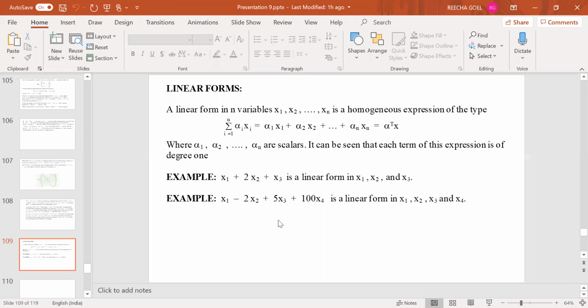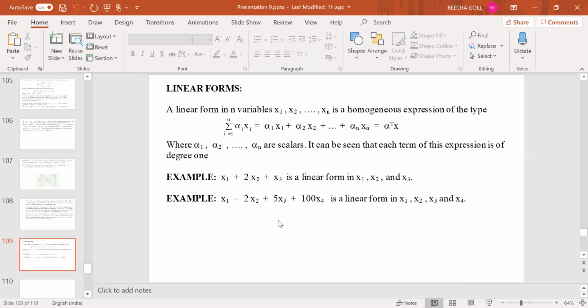So now I am going to discuss various forms, in which I will be considering quadratic forms and bilinear forms. But as a passing remark, let me just define what is meant by a linear form. Now a linear form basically in n variables, say x1, x2, xn. First of all, these forms are going to be homogeneous in nature. If they are not homogeneous in nature, we can always reduce them to linear homogeneous form.